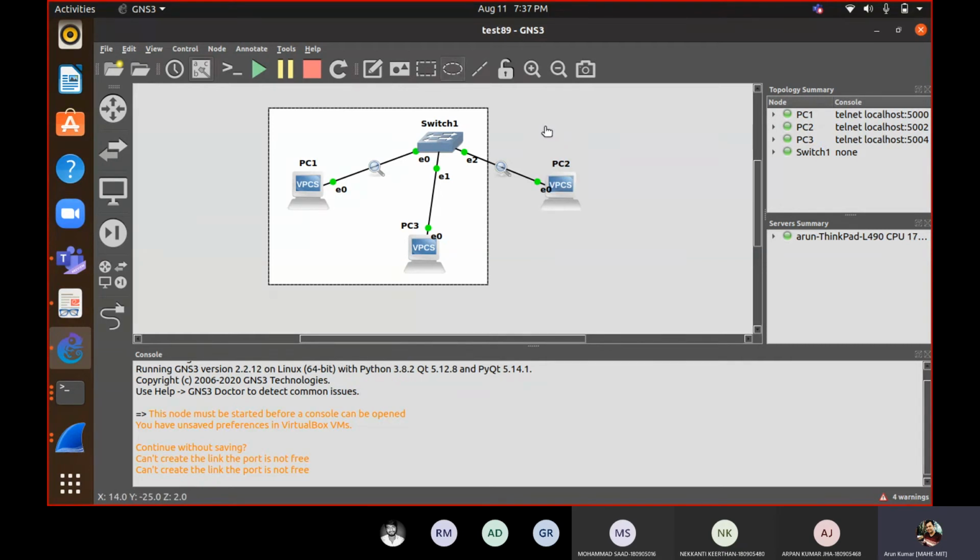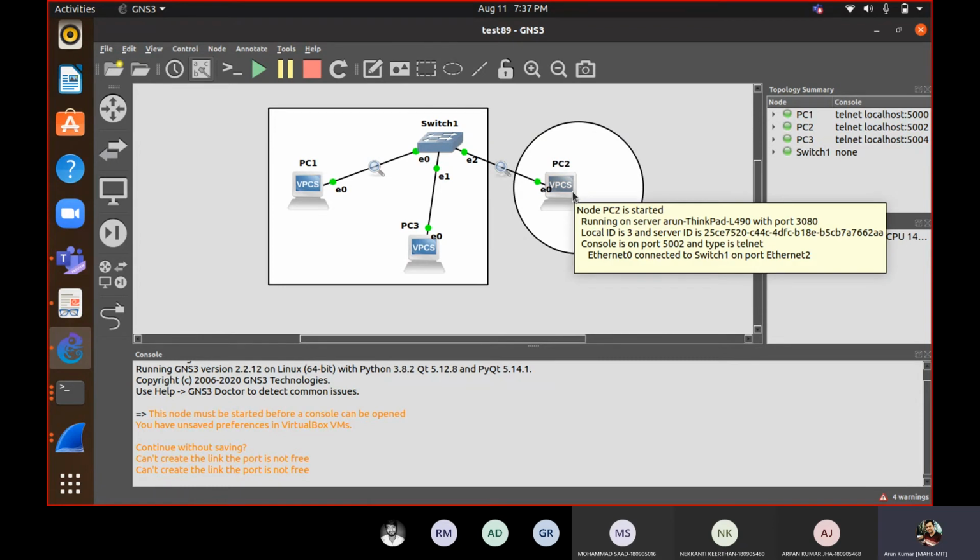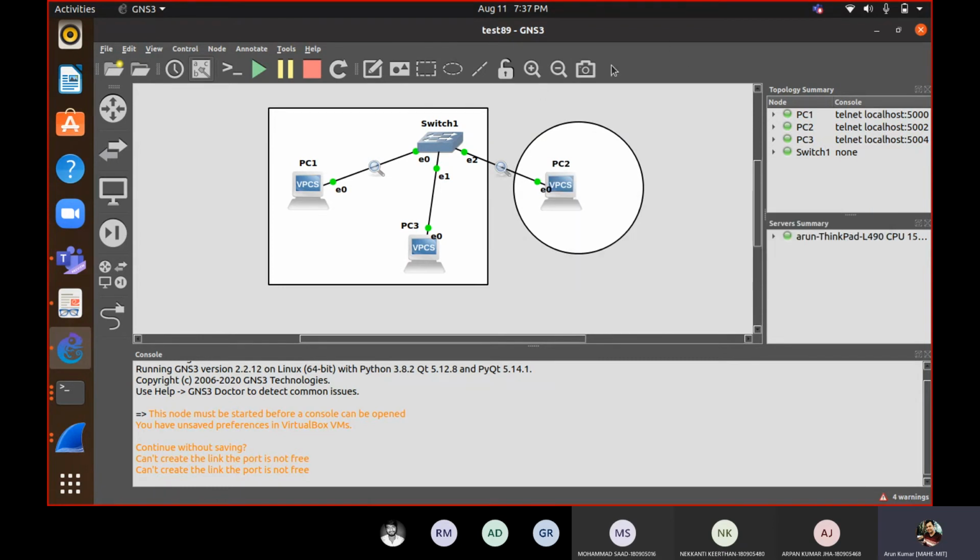And there is one more. So here, this is part of another, and right click, lower one layer. So in this way you can do it. If you have to remember your topology, you can take a snapshot of it also. So suppose this topology later on I want to refer to, I want to show it to someone, you can annotate it with so many things. You can write anything here if you want.